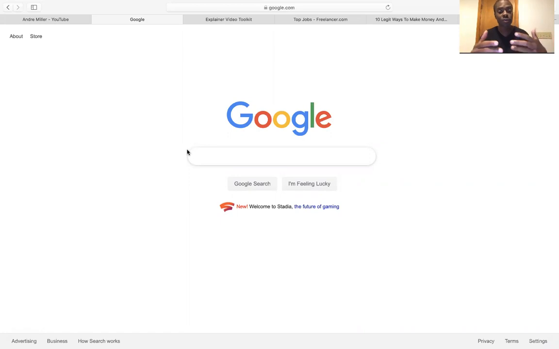Now, the first thing, we're going to come on Google. We're going to go to a particular website, because there are companies out there that are looking for people, and sometimes they cannot find the people to fulfill the projects that they're looking for. They've got jobs, they've got all these types of things. So this is where you come in. I'm going to show you that this is evergreen because people are always looking for it, and I'm going to share with you what it looks like.